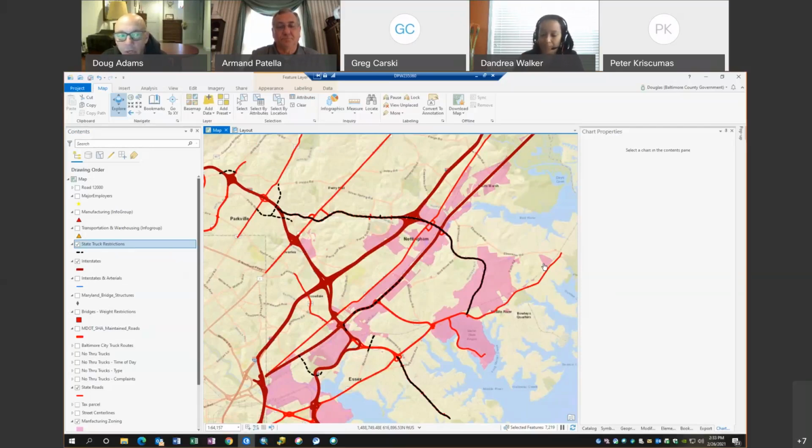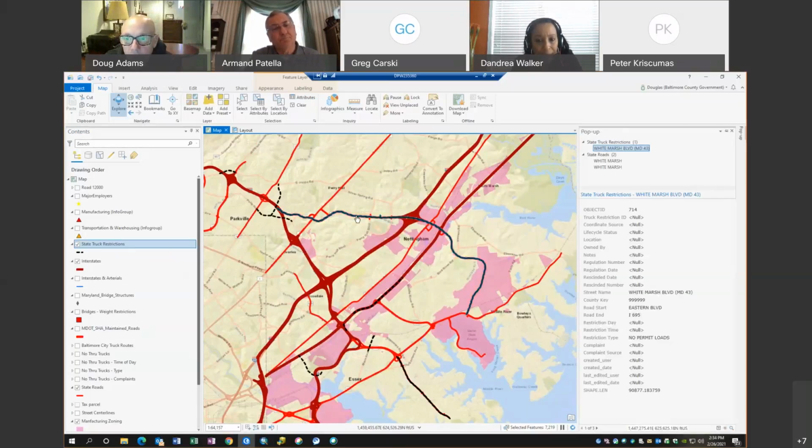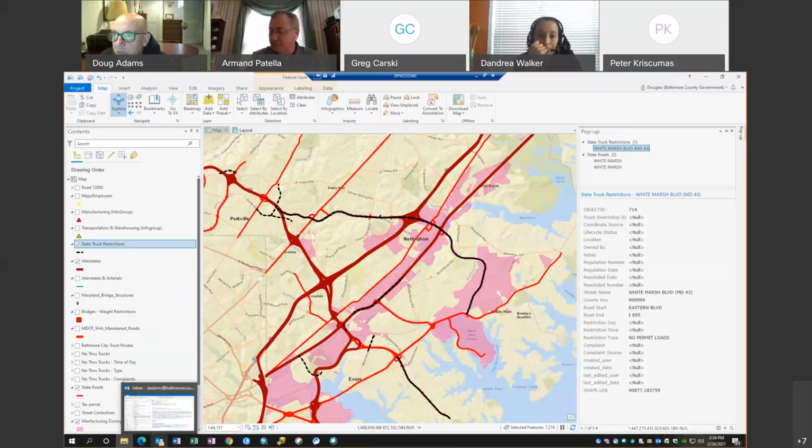Yeah, because what we talked about yesterday, Doug, was that 43. That black line on the 40 shouldn't be there. That isn't okay for trucks there. I looked this one up after we talked about it a little bit, and what I remember from the document is, and this is where it was really vague, the document itself, and I'm trying to open it up as we speak here. It'll just take me a second.